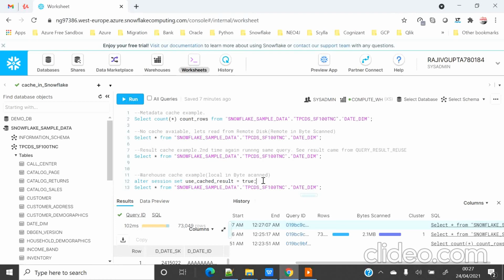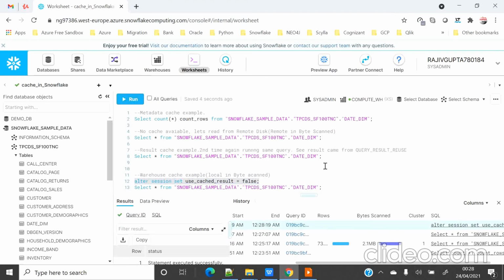Now how will the query react? To do that, we don't have time to wait for 24 hours. What I will do is manually switch off the result cache so that it will forcefully go for the warehouse cache.